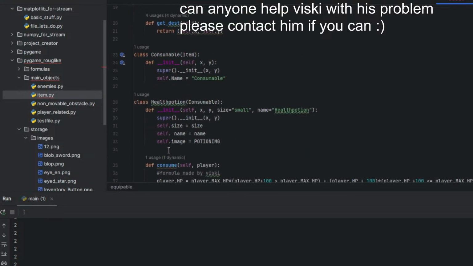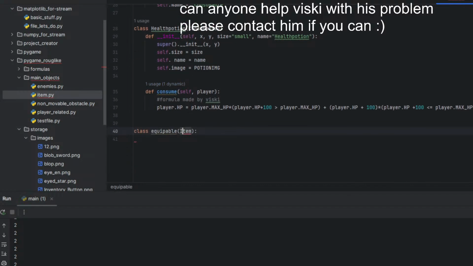Yes, this should be from item, and equipable should have place, self.place and, am I doing some def init? I'm stupid. Def init. Yeah, it's pretty late for me. That's why I'm making these mistakes.